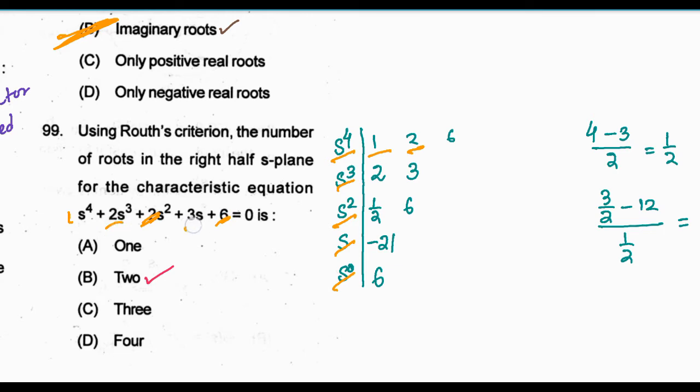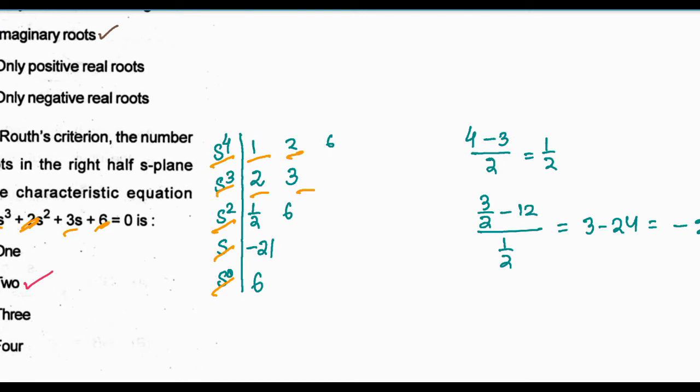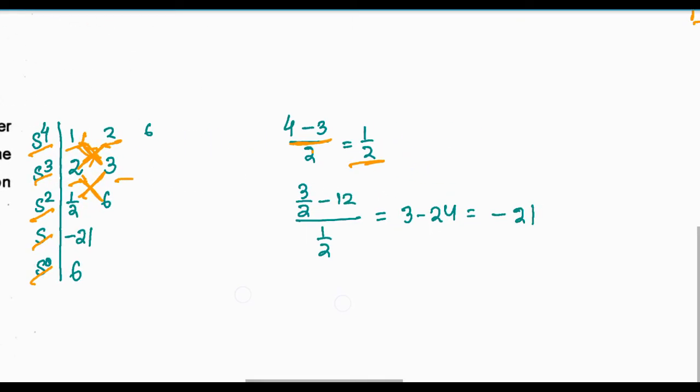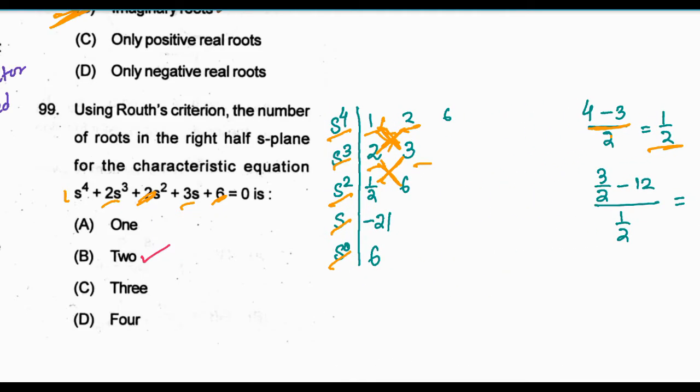another is 2, 3, and here half is 2 into 2, 4 minus 1 into 3 by 2, this is half, and this is again half into 3, that is 3 by 2 minus 6 into 2, that is 12 by half. What we are getting is minus 21. So here what we are getting,